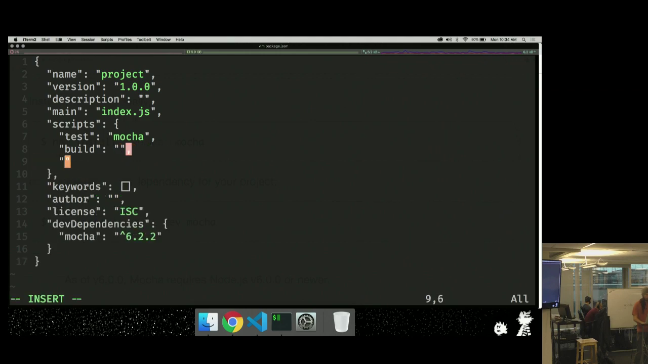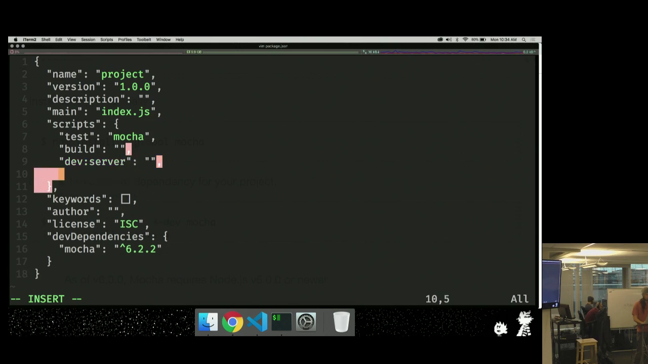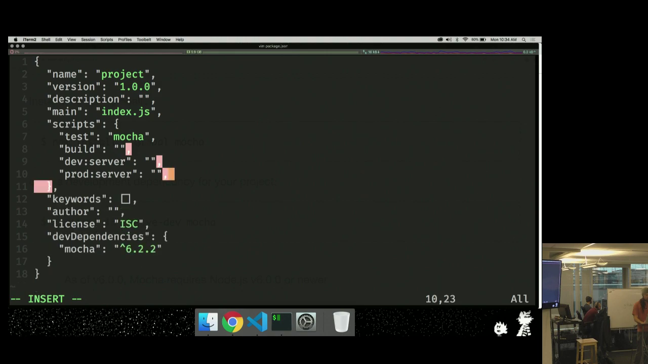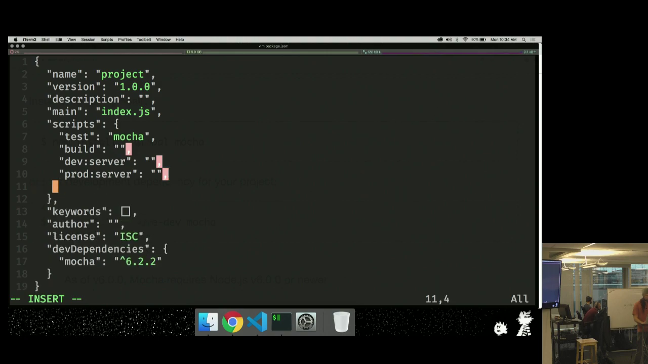You might have one for dev server. I want it to run my development server, maybe my prod. So I'll run my server, but in production mode. So I might have a few different scripts for that. Maybe I'll do db setup. So all these scripts that I just added, build, dev server, prod server, db setup, I've named them